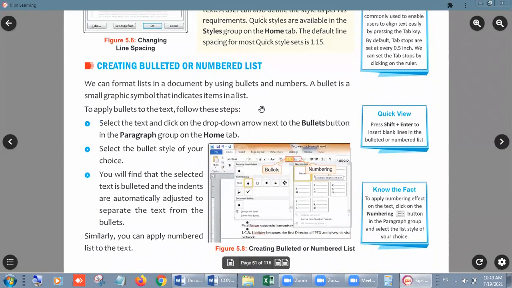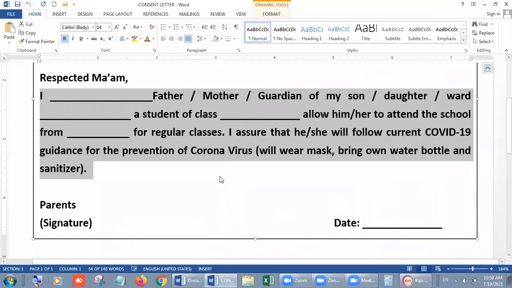Creating bullets or numbered list. Now I want to show you how you can make some lines special with some sign or some numbering, so that everyone can understand very easily. Now I am going there. Suppose